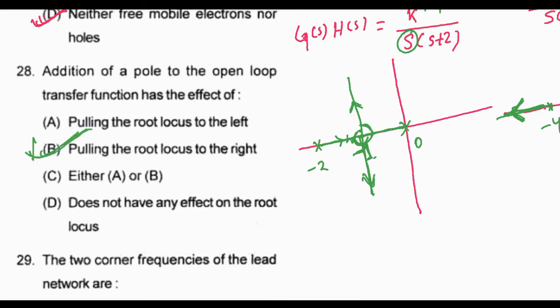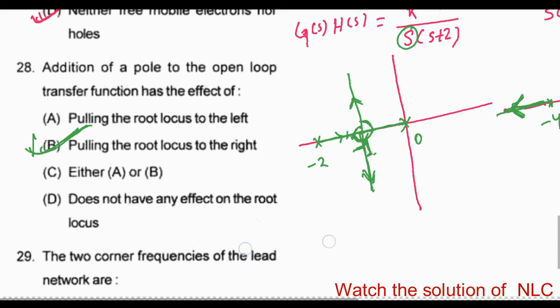If the question is asking, if 0 is added to open loop transfer function, then what will happen? If 0 is added, the root locus shifts towards the left and system becomes more stable. Next question is,